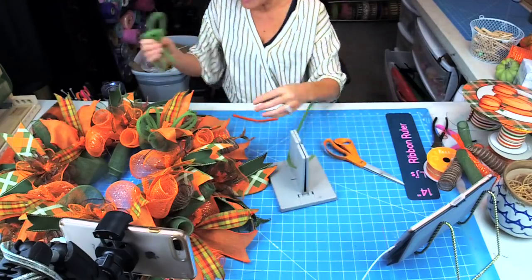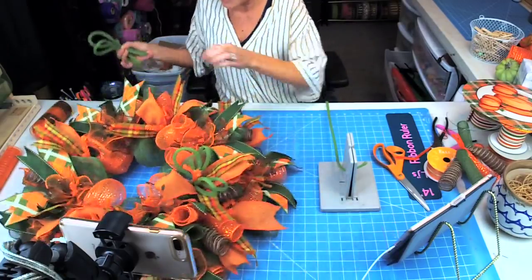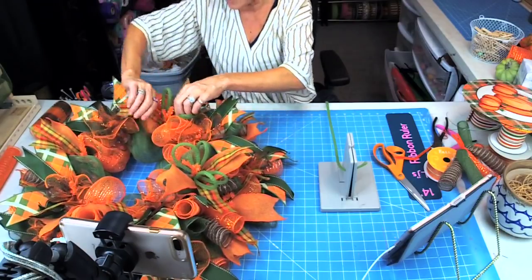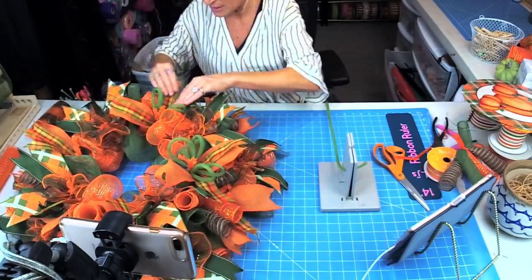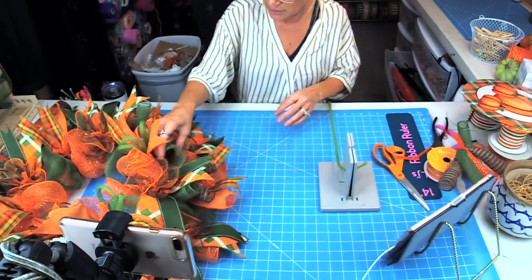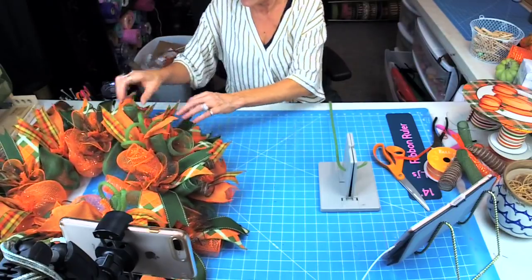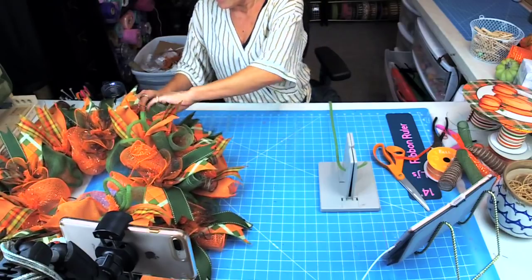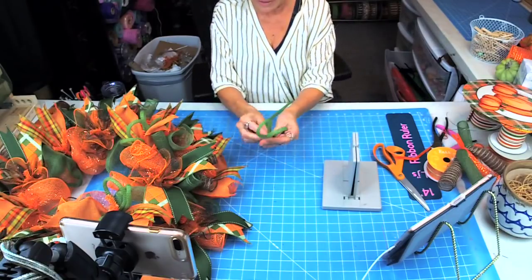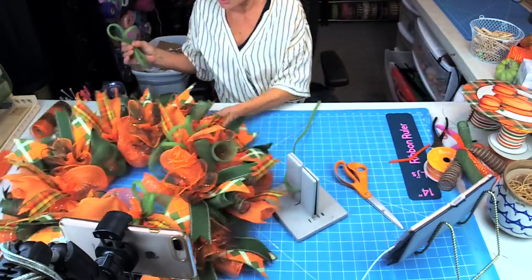Did Sims have tubing? Deborah, they did, but nothing. I grabbed gold for when I do gold Christmas, the gold and white Christmas wreaths, but there wasn't anything I wanted, and they only had a couple bags of each color, so even if I wanted to get them for kits, they didn't have enough. So that was the only disappointment, really, is I thought I was going to get a lot more things. But you guys, you got to understand, because it is wholesale and the stuff is really good priced, a lot of the bigger wreath makers that have a lot more money than me buy a lot of their stuff out and put it in their shops. So...